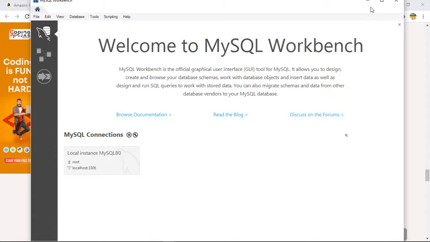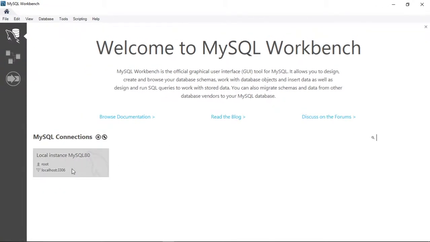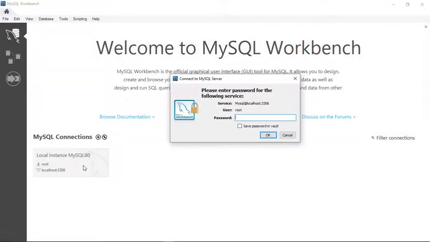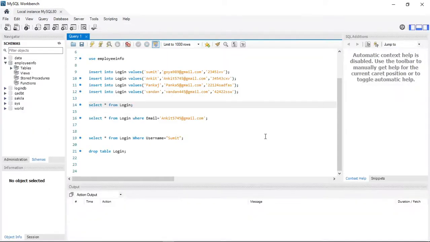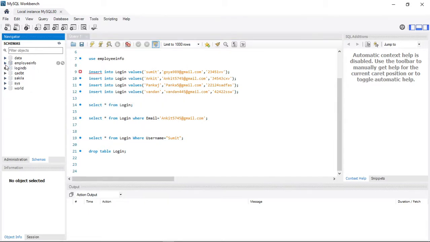By default, you will see this screen for the first time as well. So click on this. Basically, this is a server where you will have all the databases. Provide the database name and the password which you set during installation. So I'm providing that password and clicking OK. These are some dummy tables I have created. Before working, you will not see this employee data; this I have created, the highlighted one. The rest you will see as some dummy databases already present here, right?